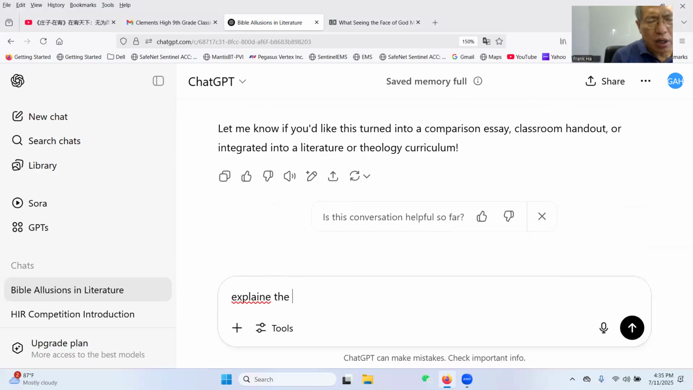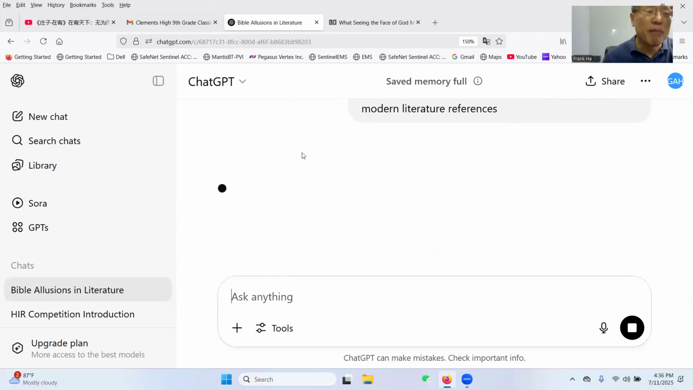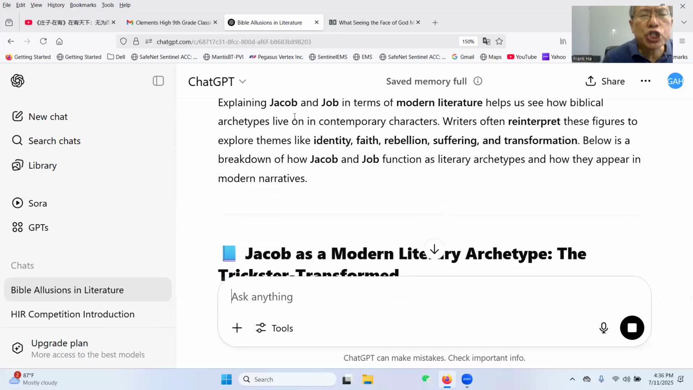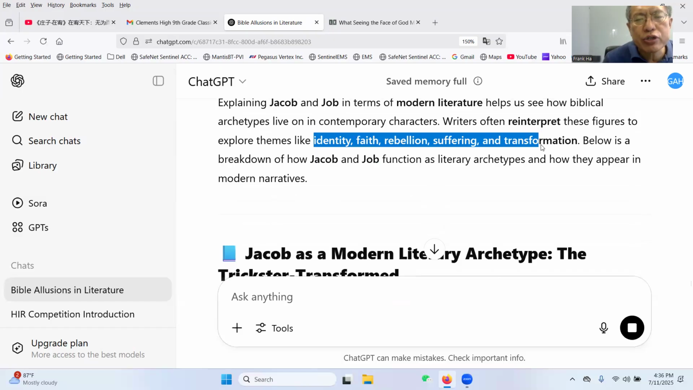Explain the two characters, Jacob and Job, in terms of modern literature references. Okay, in terms of modern literature, they are mentioned a lot, right? Both of them talk about identity, faith, rebellion, suffering, transformation,